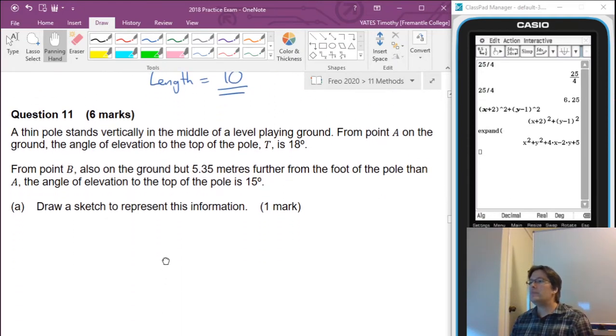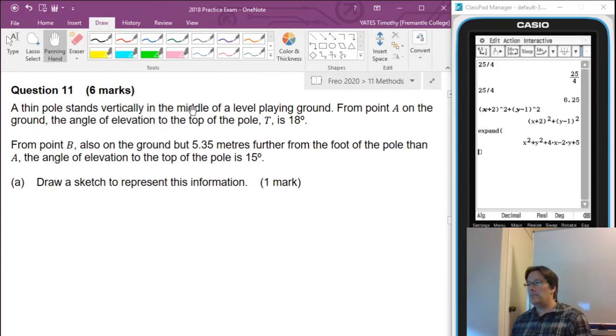Easy. Now, next up. A thin pole stands vertically in the middle of a level playing ground. We got to draw a sketch, so I'm going to start that here. So we got our thin pole. That's not very vertical. Let's get that a bit better. Here we are. From point A on the ground, the angle of elevation to the top of the pole is